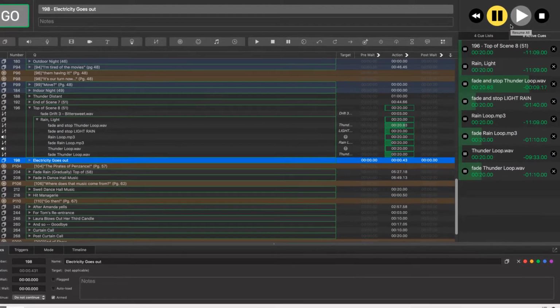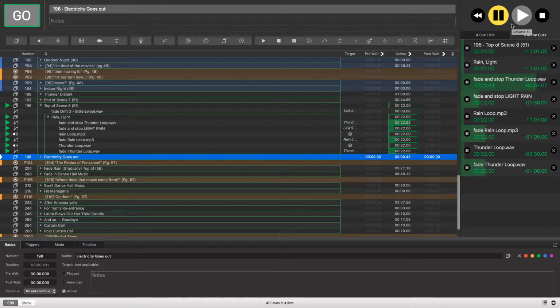If the actors in this rehearsal need to hold for a second, I can simply hit pause. Once they're ready to go, I'll hit play again. This will help me determine whether or not the timing of the storm was correct in context of the action, despite the time held. If, however, the actors need to go back to the beginning of the scene, I could